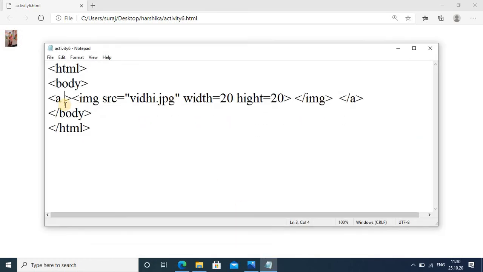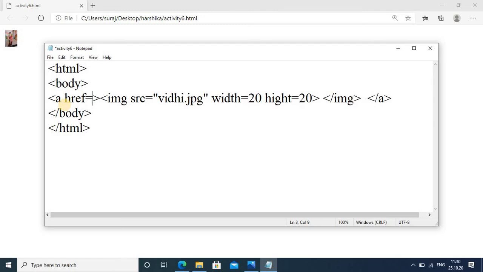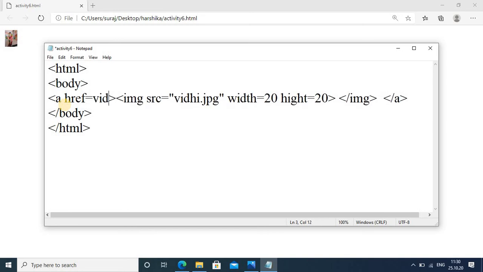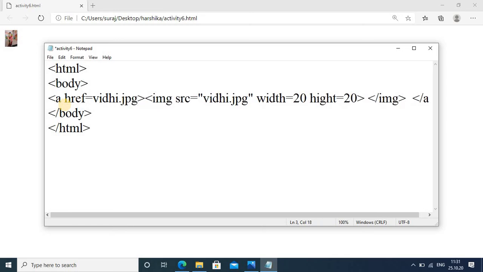Okay, so now, anchor tag attribute you know very well, href. Okay, and equal to, and what is the destination where you want to go after clicking on this image? So I want to go to this actual picture. I will give here vd dot jpg.